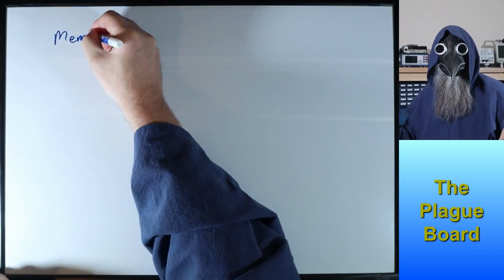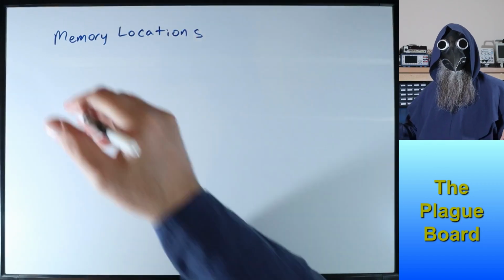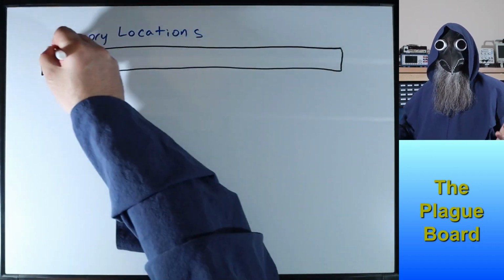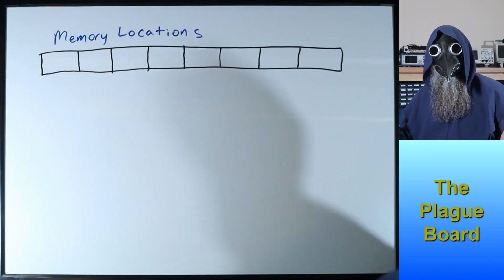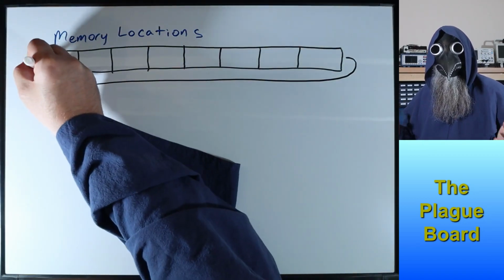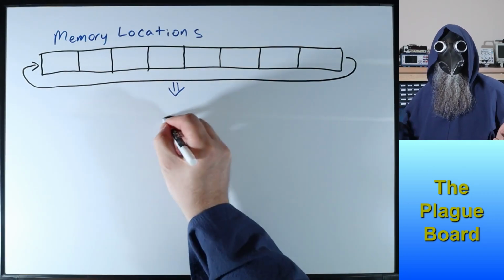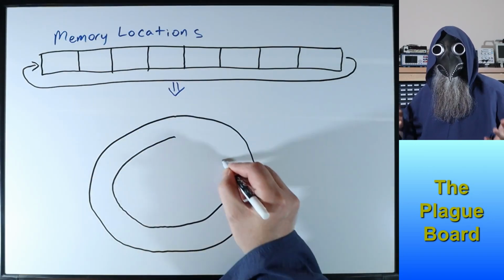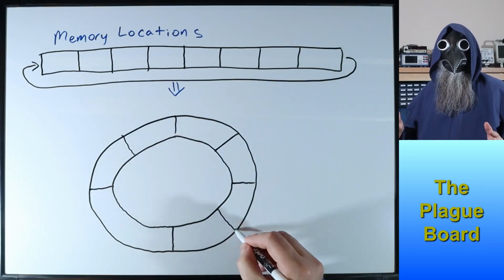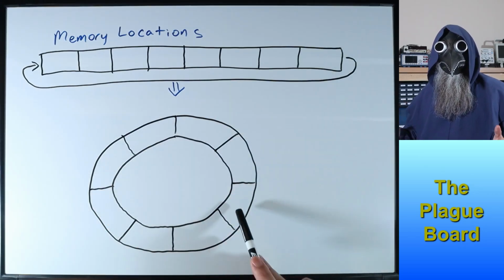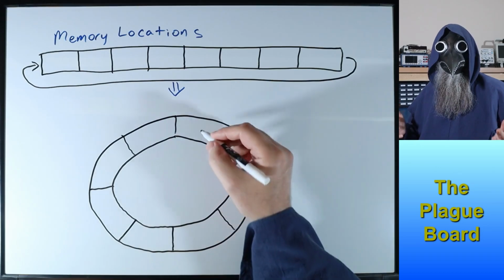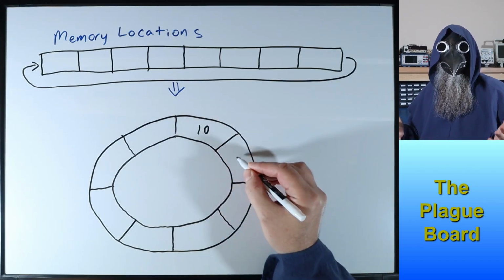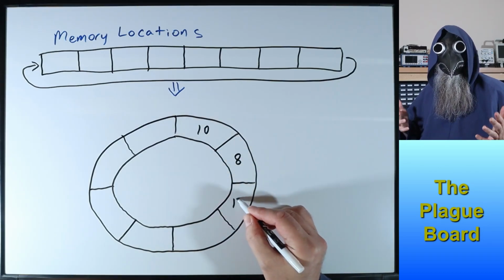So, if you're not familiar with a circular buffer, it is simply a memory structure where data is stored in a first-in, first-out manner. But what makes a circular buffer special is that the memory wraps around from the end back to the beginning, kind of like in a circle, meaning there is no end to the buffer. Let's pretend each of these locations represent 1 byte in memory, and let's say we have some data stored in this buffer. Let's say we first place the data value of 10 here, then 8 here, then 13 here.